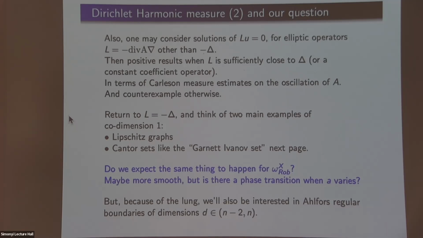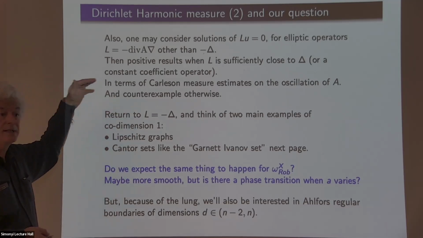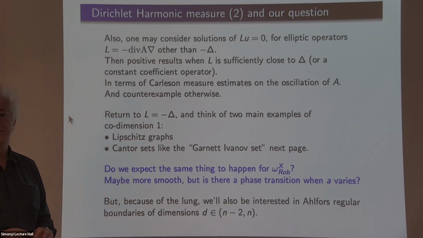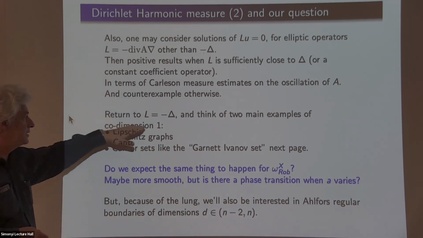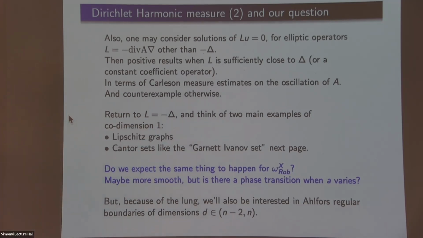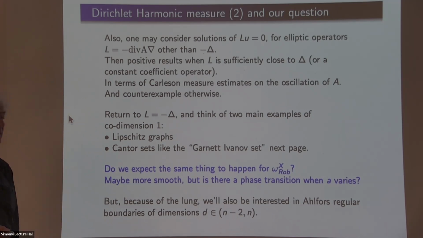And that's more or less the situation. The situation is that people decided that they understand the reason why there should be absolute continuity, and it's a question of regularity of coefficients. Okay, and I have two main examples here. Returning to the Laplacian, I have two main examples: Lipschitz graphs, and for Lipschitz graphs, it is true that harmonic measure is absolutely continuous in a quantitative way with respect to surface measure, and the counterexample sets, that I'm drawing a picture of on the next page, are the opposite thing. We know that harmonic measure is not absolutely continuous.